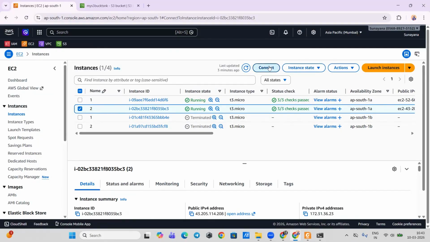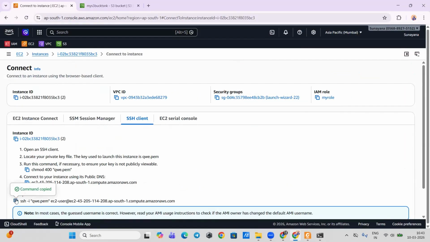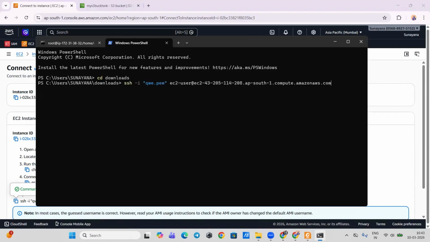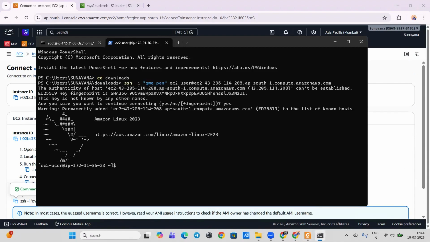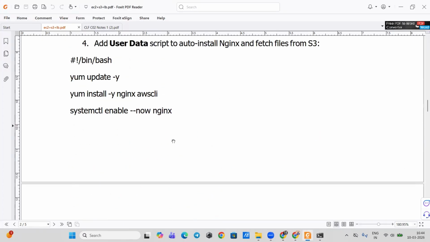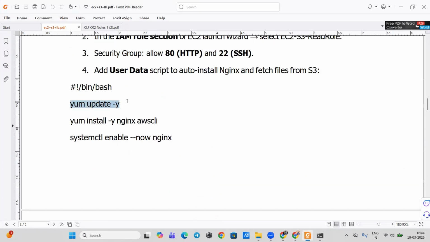Okay, connect, SSH command, paste it here. Okay, same commands. We're going to update and install